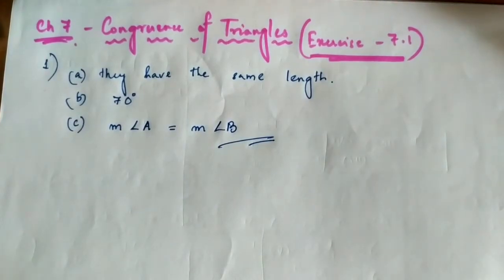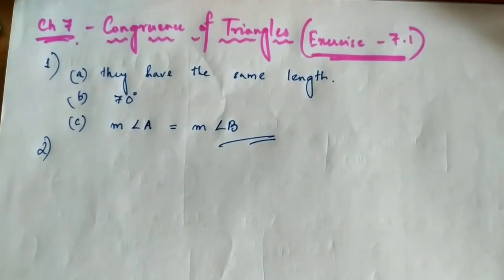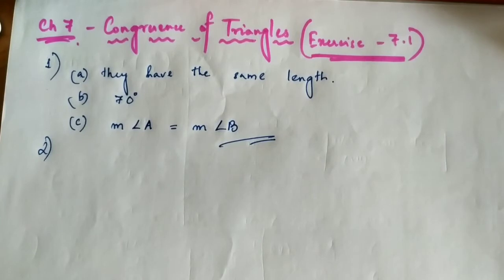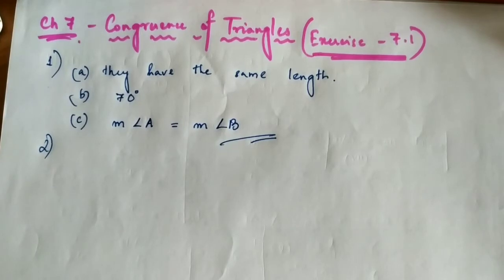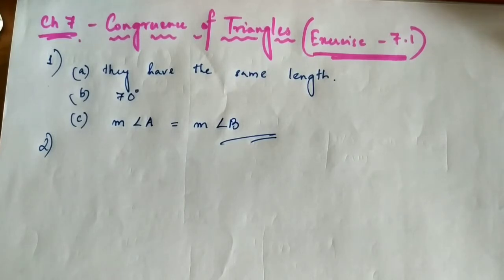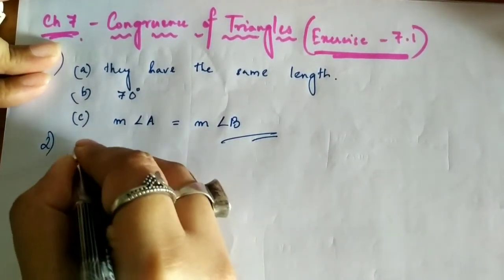Now question number 2 is given. Give any two real life examples for congruent shapes. So you know congruent shapes means what? When we place one on top of the other, it completely covers it equally. So I can say that the pages of a book, all the pages are congruent, or I can also say two coins. Suppose we consider two 5 rupee coins of the same denomination, not one 5 rupee coin and a 1 rupee coin. Two coins of the same denomination or two notes, suppose a 10 rupee or 100 rupee note of the same denomination, can be considered as real life examples for congruent shapes.